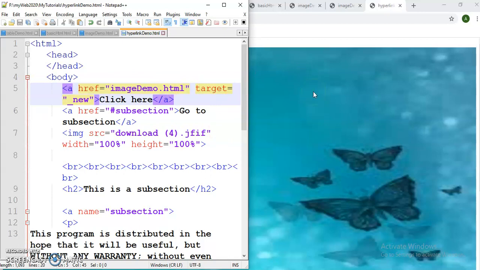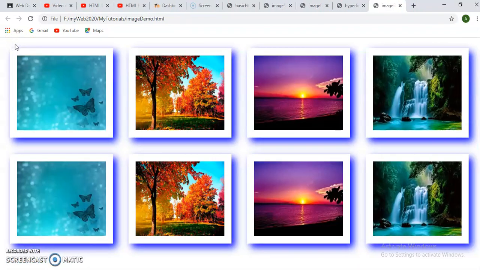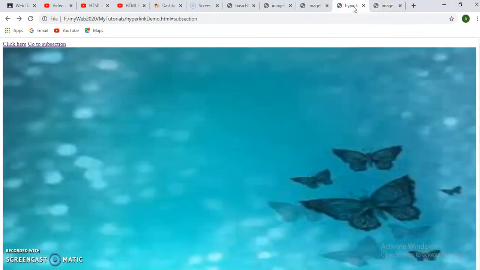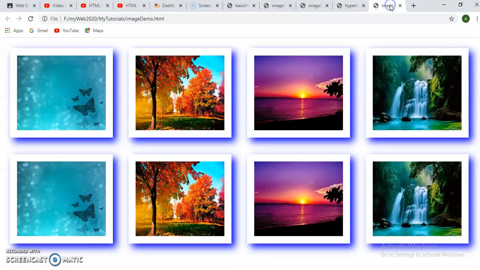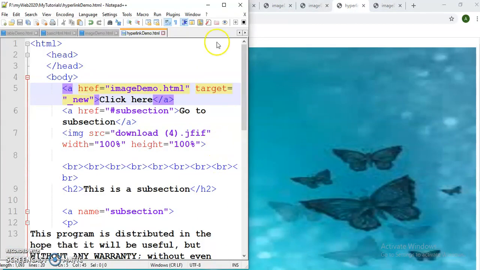So save the code and run again. Then this is the hyperlink tab, and if I click here, a new tab opens. My original tab is here and the new tab is here. So we may link the pages as per our requirement.